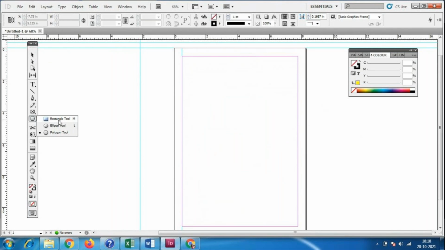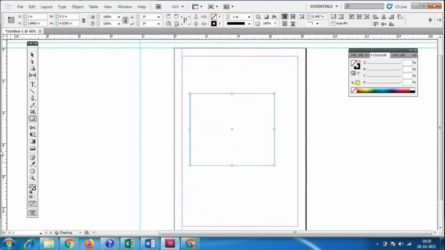In this rectangular tool also, we have the points. However many points we want, we can select them like this and make the designs.